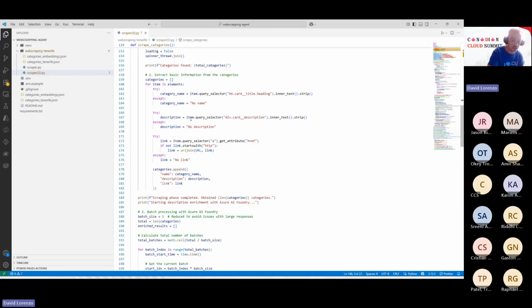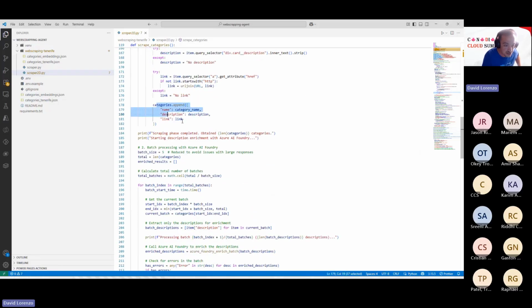And this code will be in, I will show you now the repository just in case you want to download and just play around. So we get here the descriptions, all the JSON that I just showed you a moment ago, and then we go to